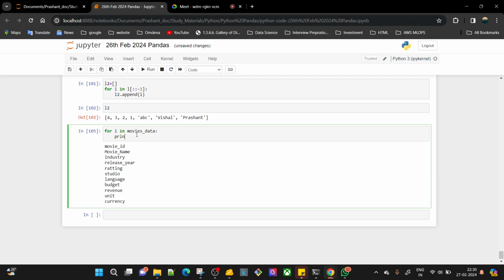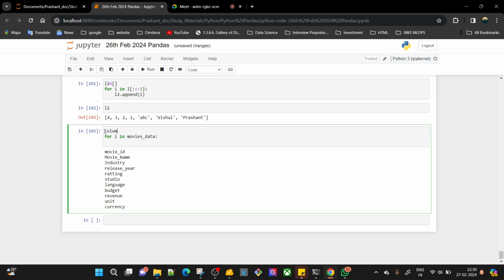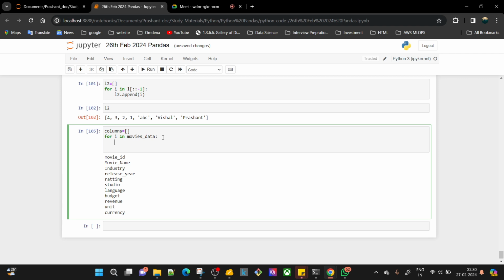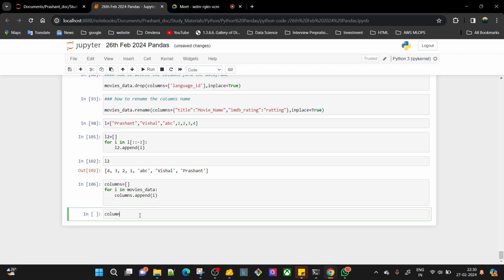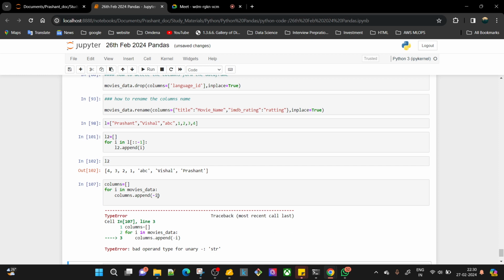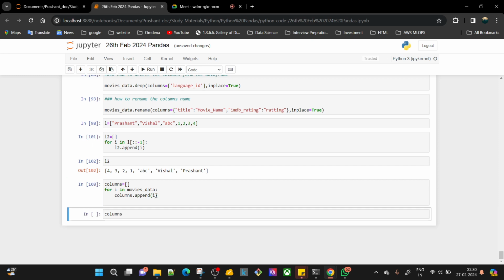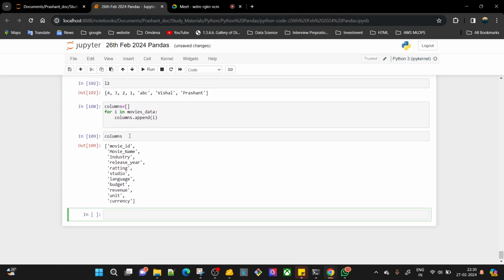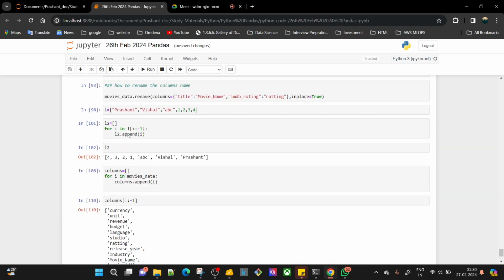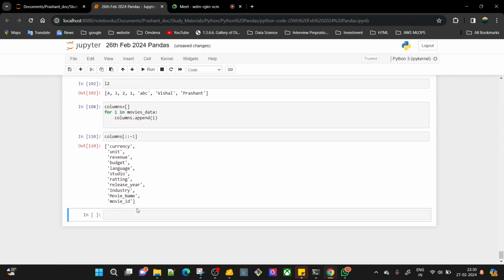इसको हम ऐसे i के साथ iterate करा देते हैं, and then what I will do, I will take one list over here, list will be columns equal to empty list ले लिया मैंने, ठीक है. अब हम क्या करेंगे, इस i जो कॉलम का नाम आया हुआ है, I will append this in that list, serial same wise में, कोई चेंजेस नहीं है, columns.append(i), ठीक है. ये हमारे पास कॉलम्स का नेम आ गया. अगर मैं i को -1 करूँ तो क्या चलेगा, क्या नहीं, अच्छा i में तो 1 by 1 आ रहा है ना, so we cannot change anything over here, so we have a columns name over here, right. अब मैं क्या करूँ इसको, अगर मैं इस लिस्ट को रिवर्स कर दूँ तो हो गया ना रिवर्स. अब मैं यहाँ पे movies data, और इसमें मैं ये वाला लिस्ट को पास कर दूँ,